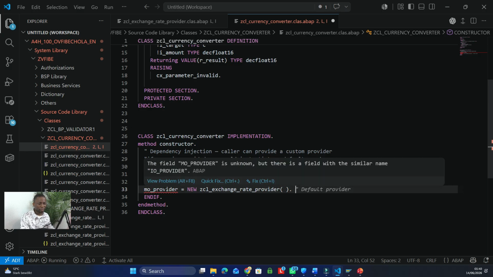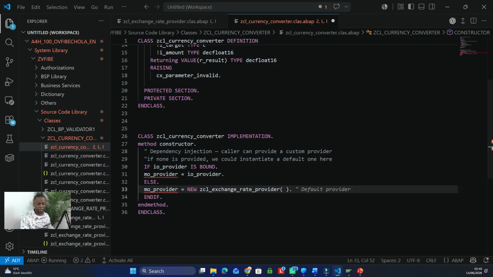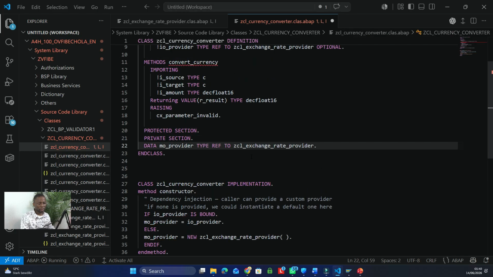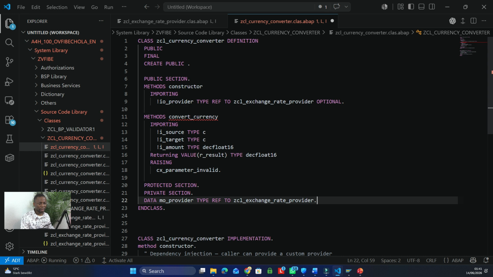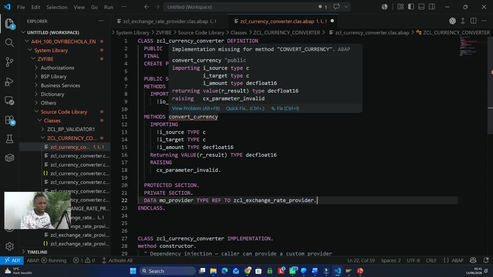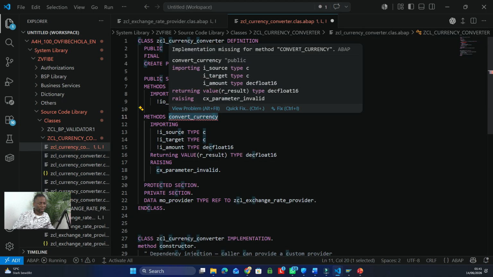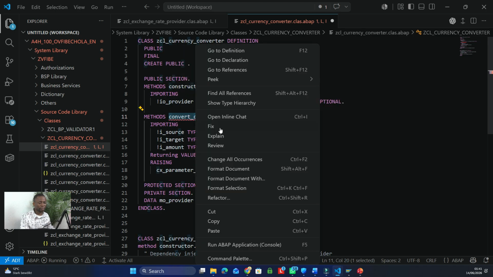So this is giving me errors because I have not yet defined the mo_provider. So I need to go to the private section, right here, and define this. Okay, but then our convert currency still doesn't have an implementation. So if I right click and say fix,